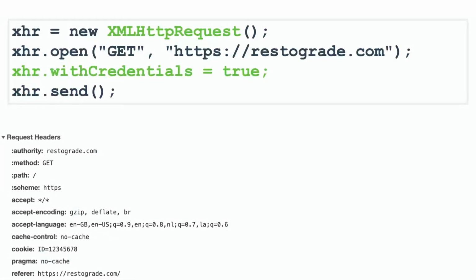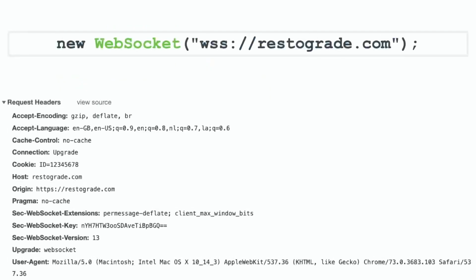Authorization header with bearer, it's not there. So if your application across origins would have to add that, it would need to get that from the application somehow, making it a lot more complicated. And there's a third one. If you open a WebSocket connection, you do new WebSocket, boom, off you go. You know what's not there? The authorization header, but cookies are.